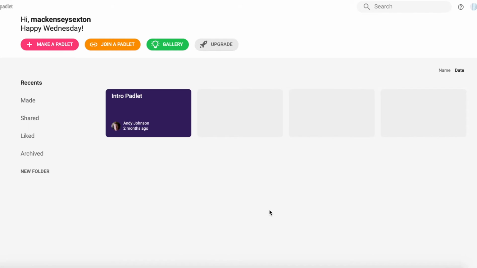Okay, so we are on Padlet.com and this is how your screen will appear once you reach the website. Off to the side, these are your categories that you can check into. So recents, this will show anything that you recently worked with, made, shared with others or have had shared with you, anything that you've liked, and then any that you've archived. If you want to add folders, you can do that, but that does force you to upgrade to a premium